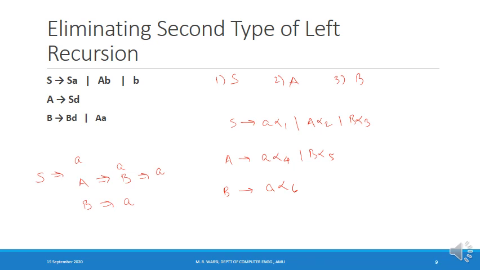So now what we have to learn is how do we process the productions of capital A so that they become like this? And how do we process the productions of capital B so that they become like this? Because if the productions of these three variables are like this, then left recursion in more than one step will get eliminated. So now we'll learn how do we process the productions of the variables capital S, capital A, and capital B.